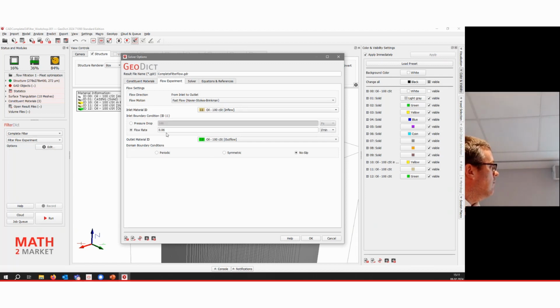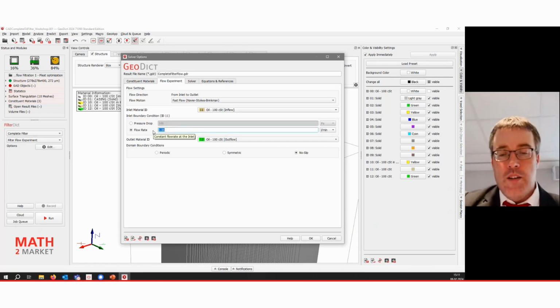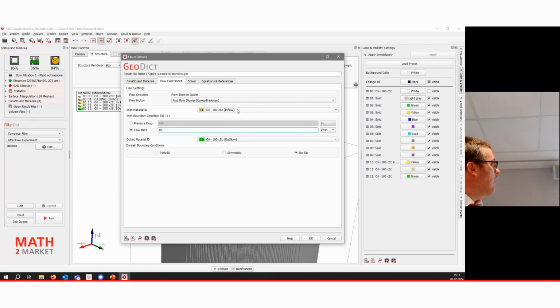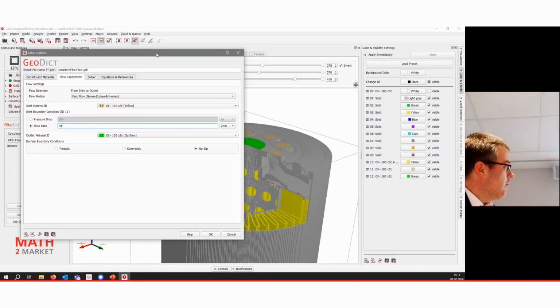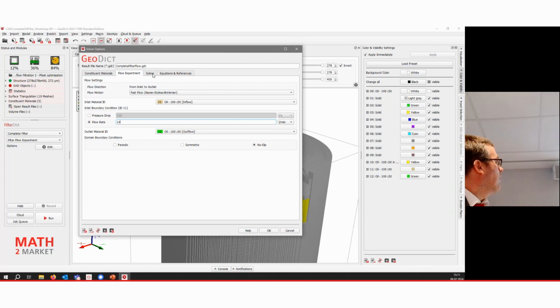So that's here the 10 liter per second. It had found the inflow plane and the outflow plane, actually the inflow planes and the outflow plane. Boundary condition, yeah, no slip is fine. Actually, I think we haven't looked at any gaps, isn't it? But let's omit that for the moment.